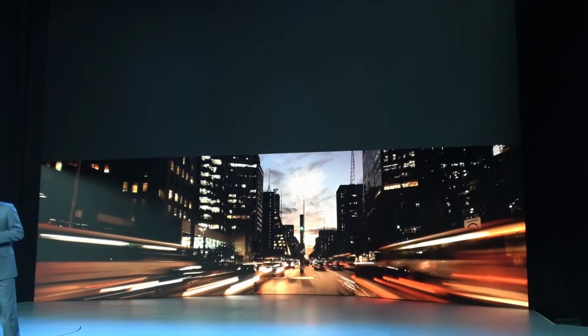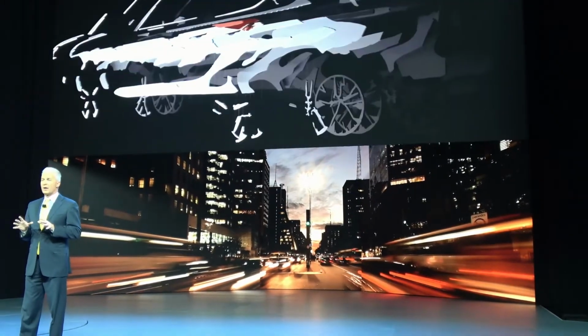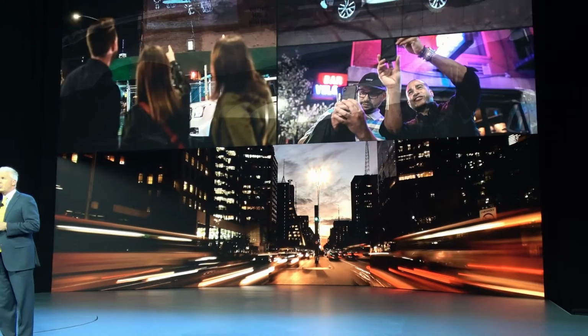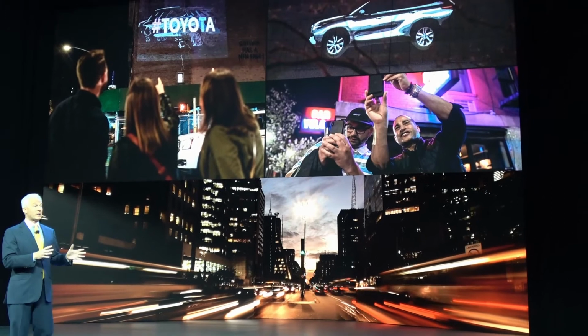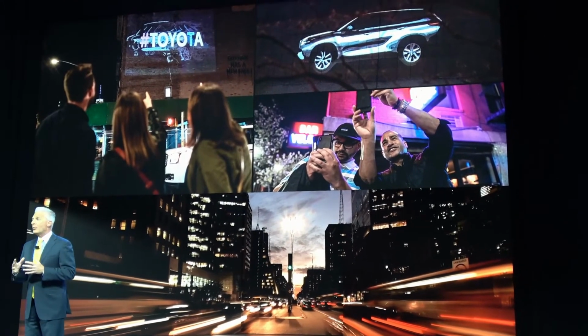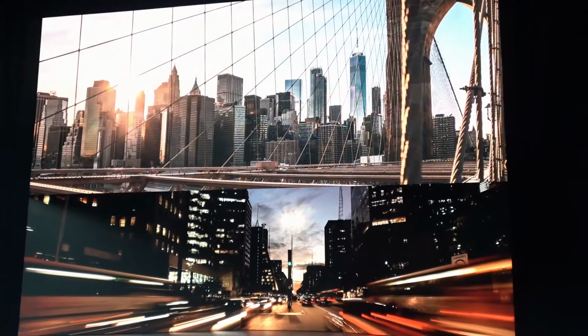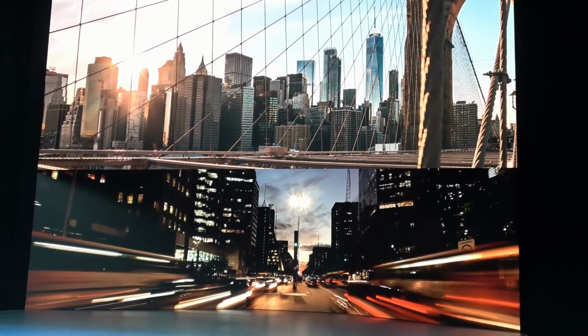We asked Brooklyn artist Michael Murphy to create a very special art installation of the 2020 Toyota Highlander. We then filmed a short video and it was projected on walls and buildings around the city, both last week and then again last night. Now, we really wanted to do something special because 19 years ago, right here in New York, we had a